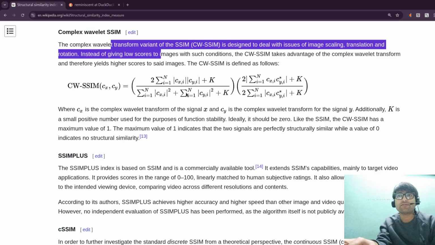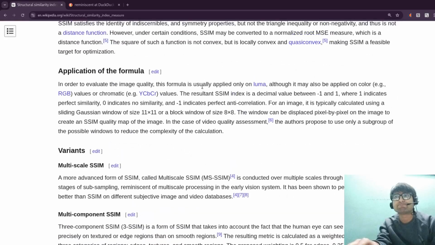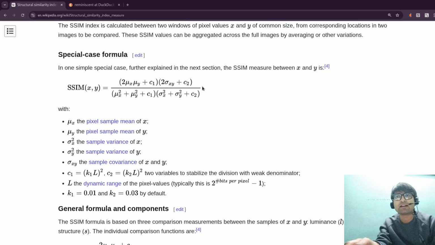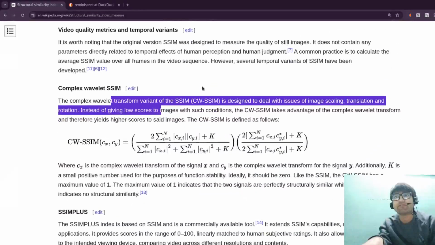this is the formula, 2 Cx Cy* plus K over the squared magnitude of the components. I think this and our formula are quite different. Okay,